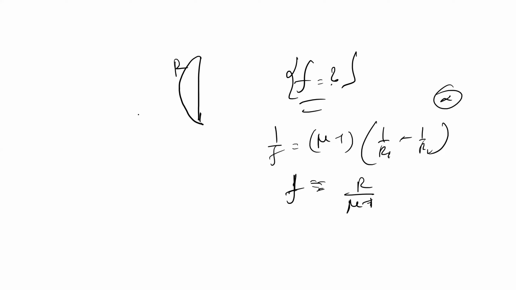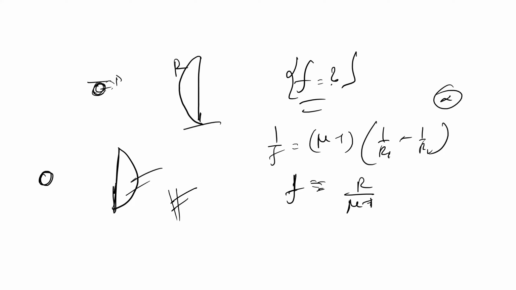Now, suppose the object is placed here. Suppose the object is placed like this for the same plano convex lens, can you do that derivation also? This is also a plano convex lens and this is also a plano convex lens, right? But in one I kept the object on the convex side. Now here I placed the object at the plane side. So can you derive the formula for this also?